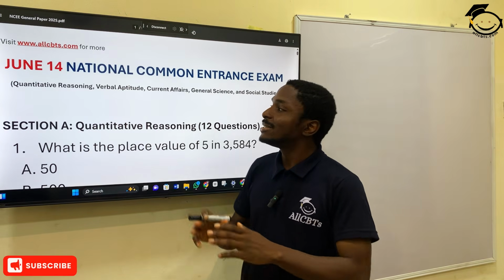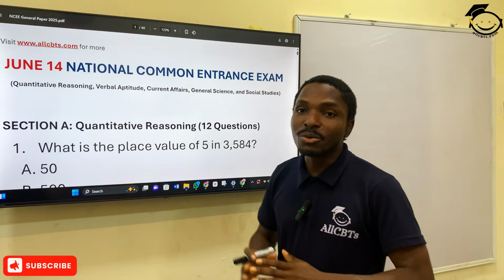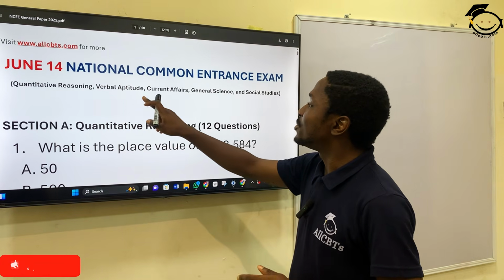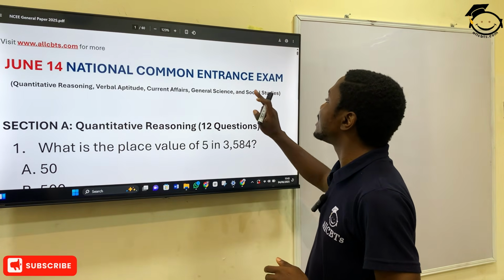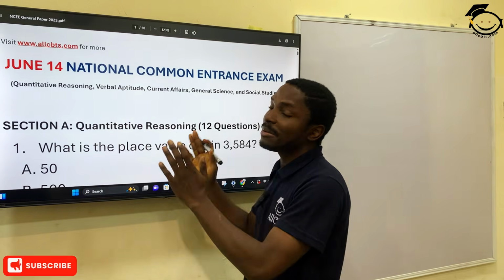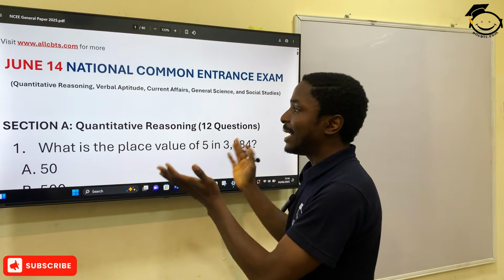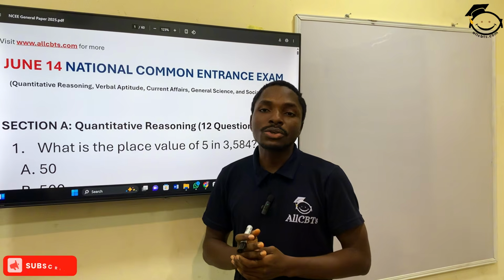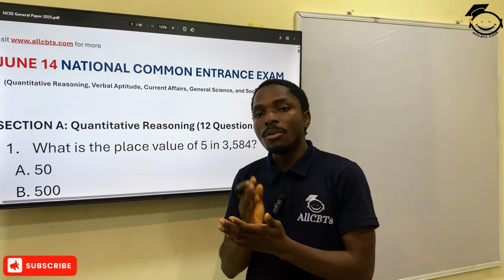We'll be looking at general paper, which will include quantitative reasoning, verbal aptitude, current affairs, general sciences, and social studies. So we have about 5 subjects in these 60 top questions that should be coming out in your common entrance